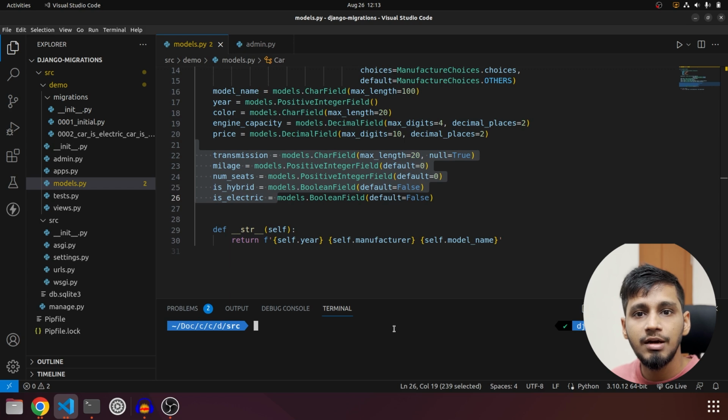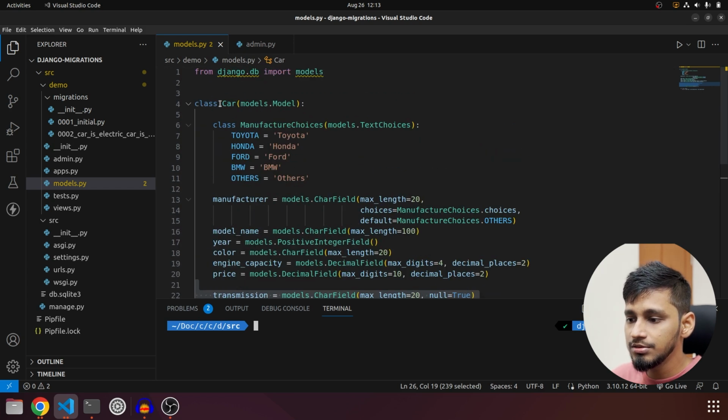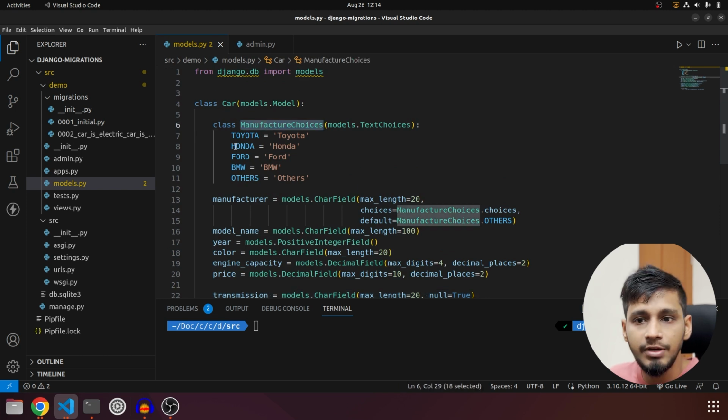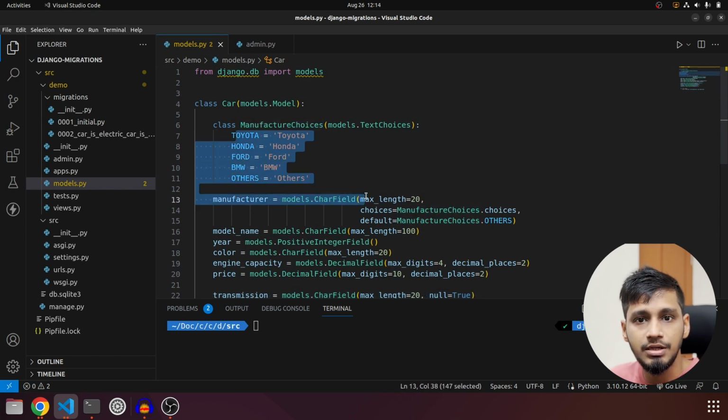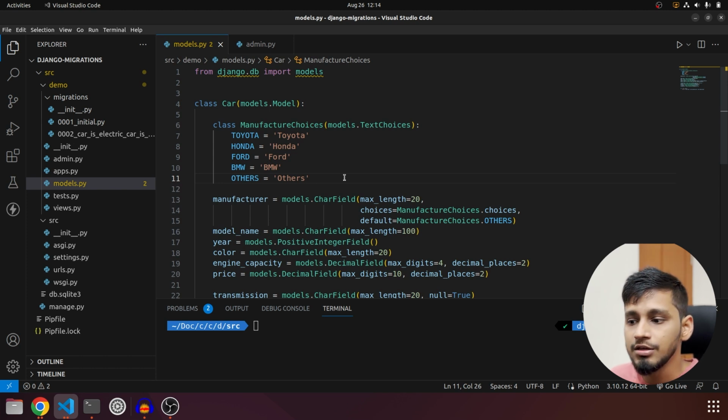Now we'll see data migration. Here, if we go on top, in this model we have a choice field called manufacturer, and these are the limited choices that we have. Now we know there are multiple new brands in the car industry today, and if we have to add all of them, for every new one we will have to create an entry over here. So that is not really good. So what we want to do is create a table and store those brand names or manufacturers dynamically and use it over here. So that is what we are going to do.